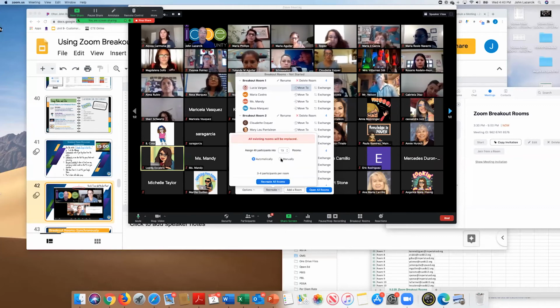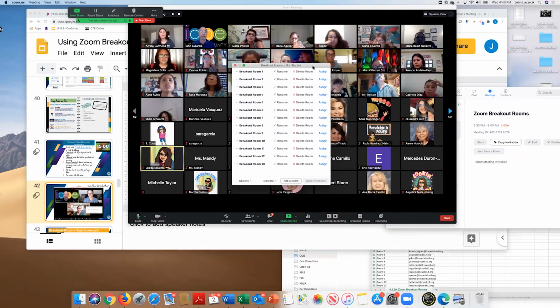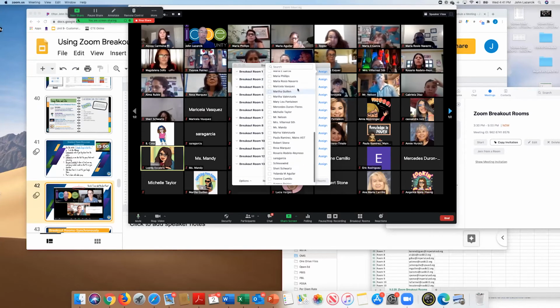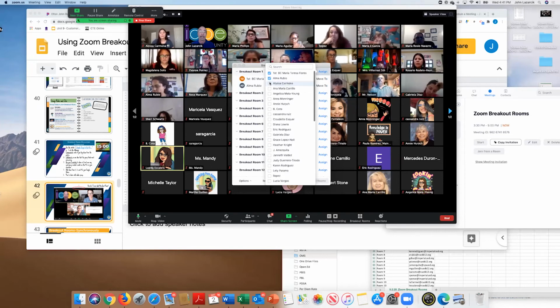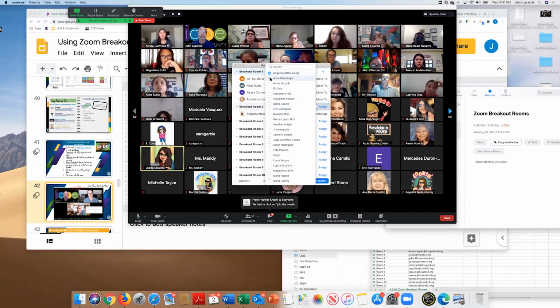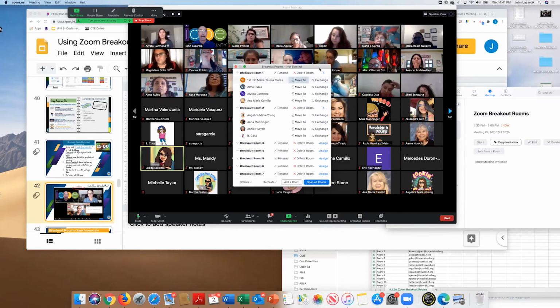But you can also do it manually, right? I can recreate all rooms. So now what I have to do here is breakout room 1. Once I click on assign, I see everybody. All I have to do is, let's say I want to click on just the first 4. Boom, they're assigned to breakout room 1. Now I want to assign people to breakout room 2. And I click the next 4. Right? At this point in the school year, you may know your kids very well, and you may know that, you know what, Alma and Angelica don't get along, so I'm going to put them in separate breakout rooms. So you can do that manually, because you're not guaranteed that if you do it automatically.